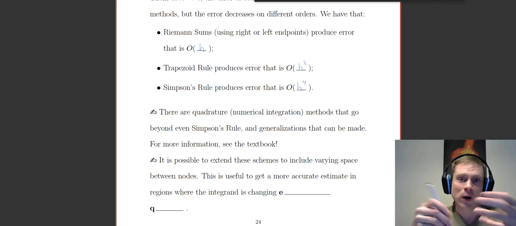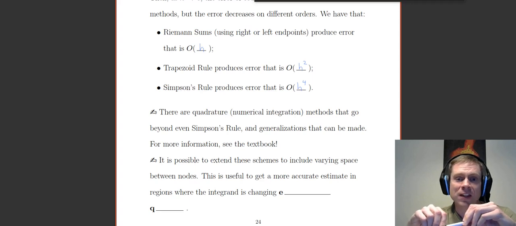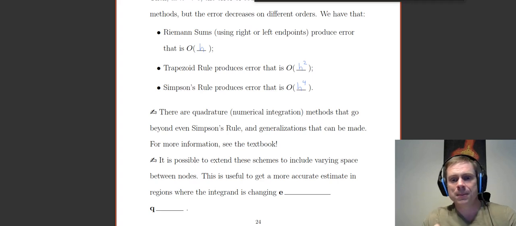And you're welcome to explore one of those potentially in your project if you find anything kind of interesting. There's other adaptations you can do, like you might have a variable step size, in which case you have some interesting adaptations to the formulas you might be able to consider. That could be really useful to get a more accurate estimate where the integrand changes,